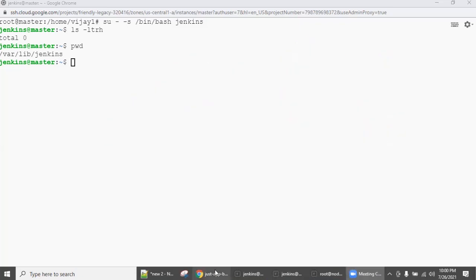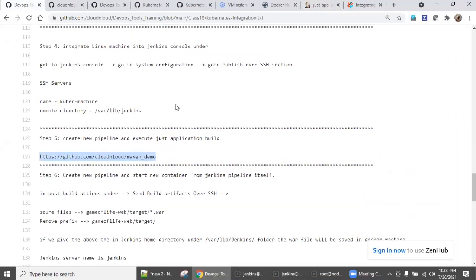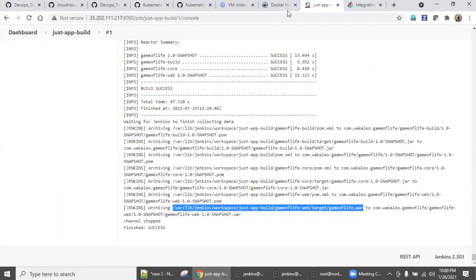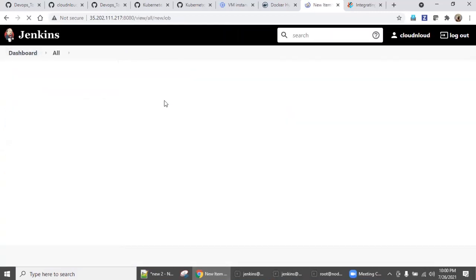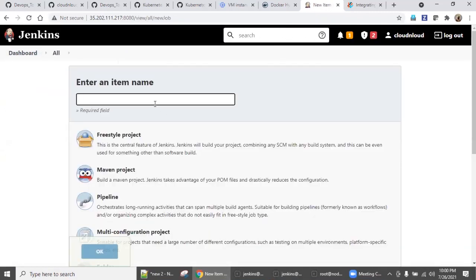Let's go back to the steps and create a new pipeline. Okay, new item. This time I am going to deploy on the K8s cluster. Create the application, customize the application, create a custom image and push it back.